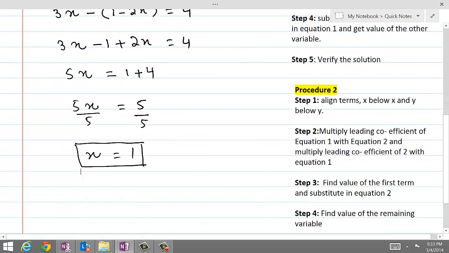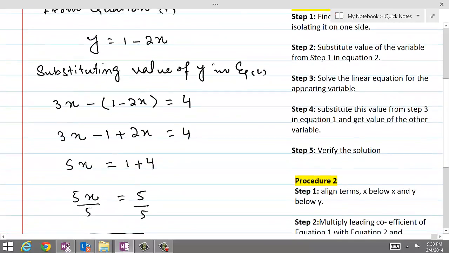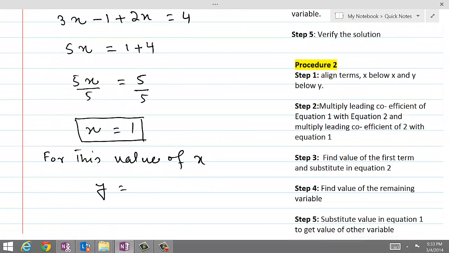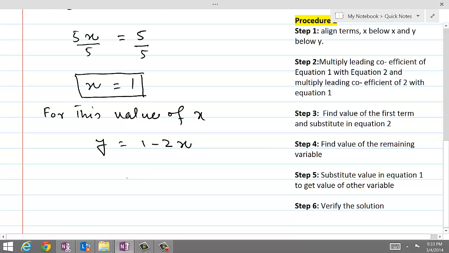So substituting the value of x, y is equal to, what was the value of y we have already concluded from equation 1? That was 1 minus 2x. So now when we substitute x equal to 1,